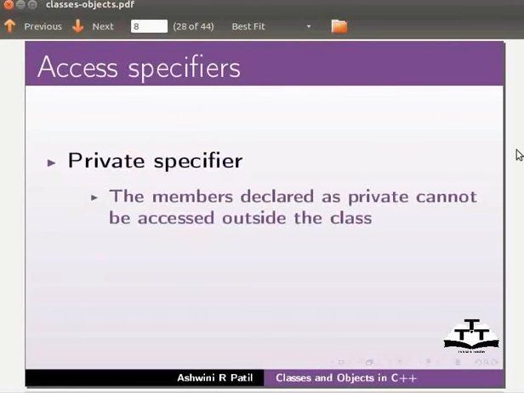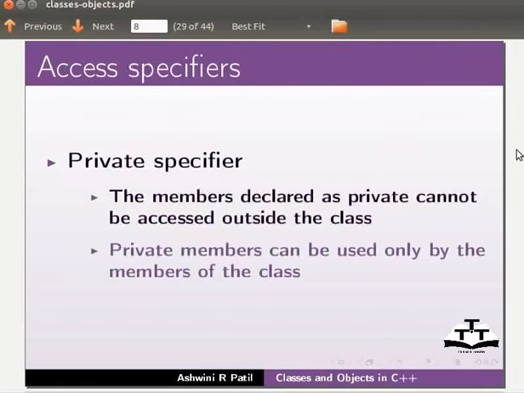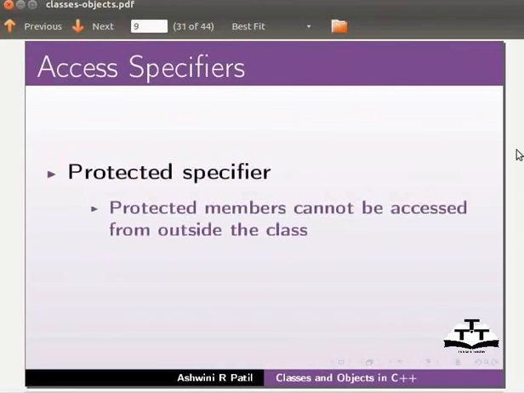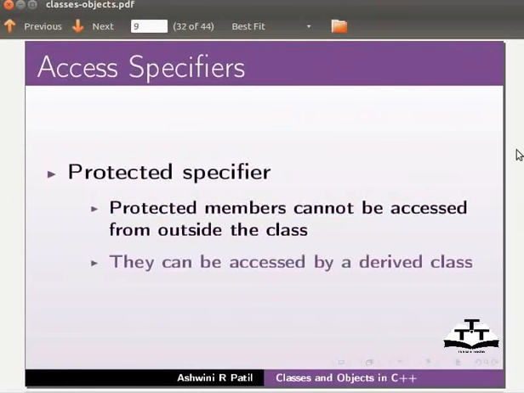The members declared as private cannot be used or accessed outside the class. Private members can be used only by the members of the class. Protected specifier. Protected members cannot be accessed from outside the class. They can be accessed by a derived class. Let us move back to our program.